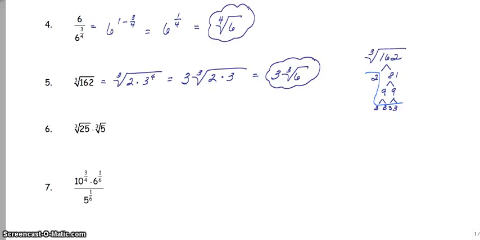For problem 6, since the indices are the same, I'm taking the same root, I could actually multiply those numbers together and keep them under the cubed root. So one way of doing the problem, rewriting that 25 and thinking of it as 5 squared, that would give me the cubed root of 5 squared times 5. That's the cubed root of 5 cubed,